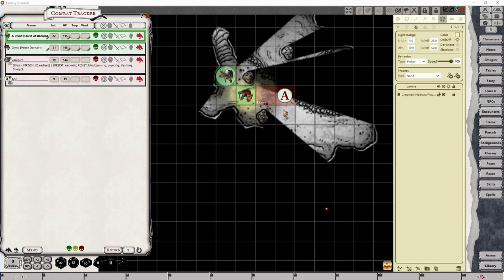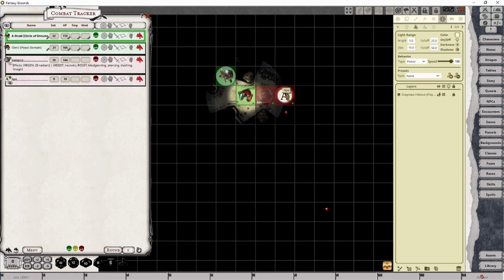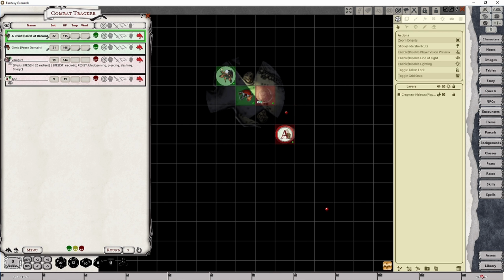Now, there is something I want to point out. If I take this ape, who isn't really able to see anything else except the area around where the candle is, and I move them to a location, which, by the way, you can't do when you're in the light manipulation thing. You have to switch back to play. If I move them to an area that puts them just out of line of sight on the character, what we will see is that the light disappears,